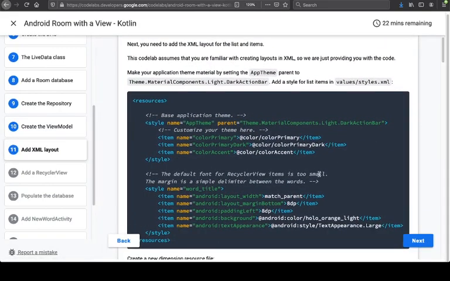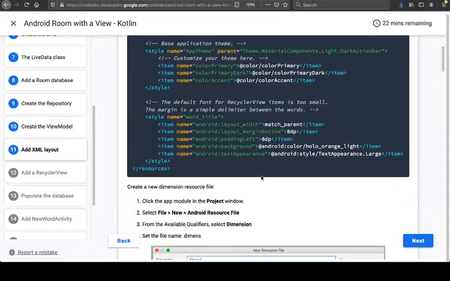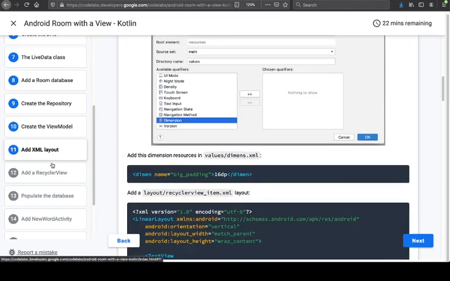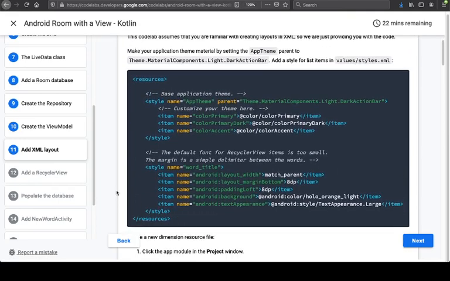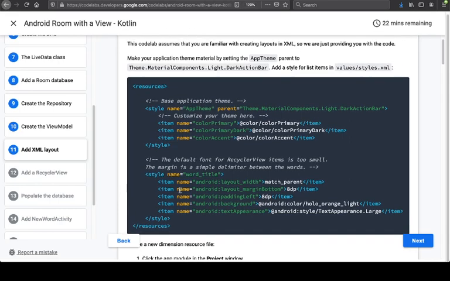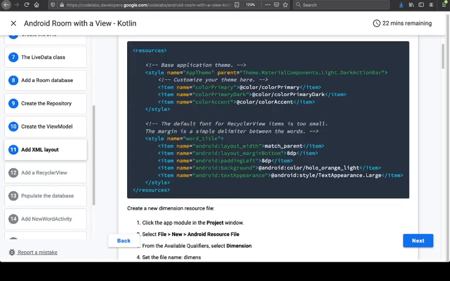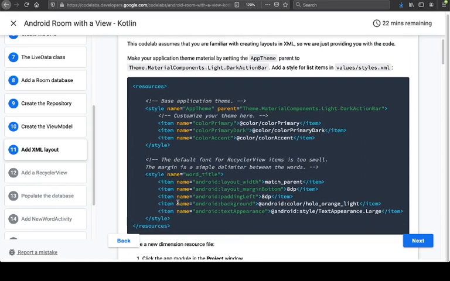Okay. So this one is the XML layout. What I'm going to do is copy and paste here until we get to the code, because this tutorial is about saving something. So I'm not going to just copy and paste this. Okay, so what's the: make your application theme material by setting. Okay, so just copy this